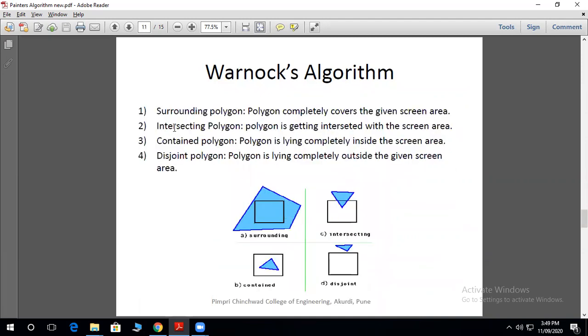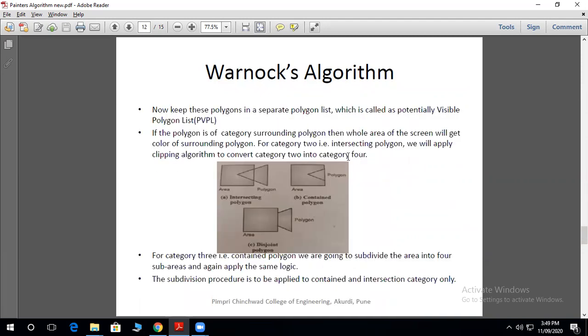For category 2, that is the intersecting polygon, we will apply the clipping algorithm to convert category 2 into category 3 and category 4.